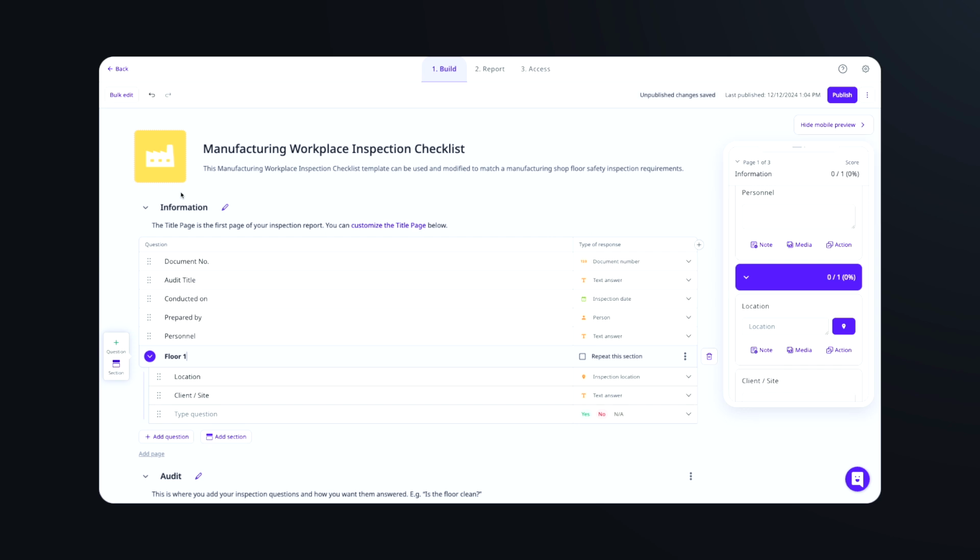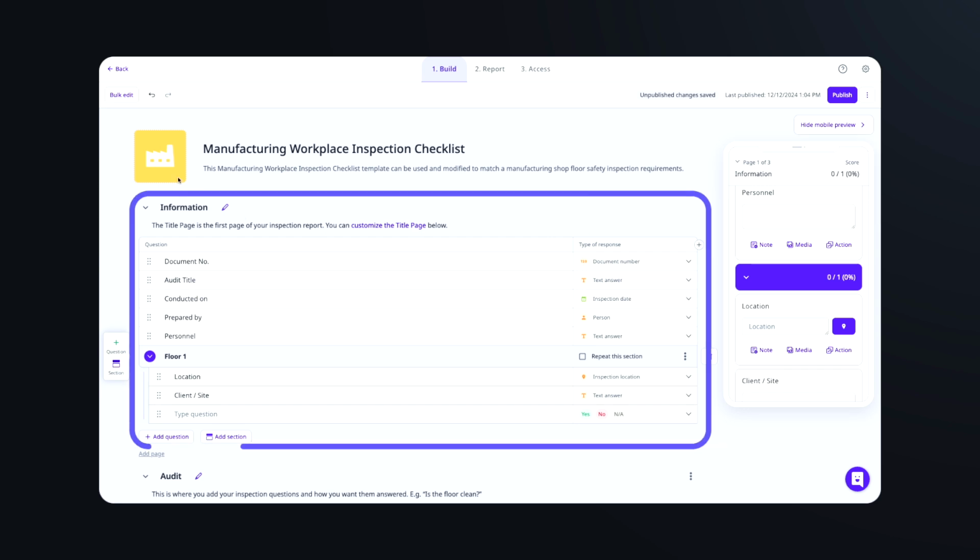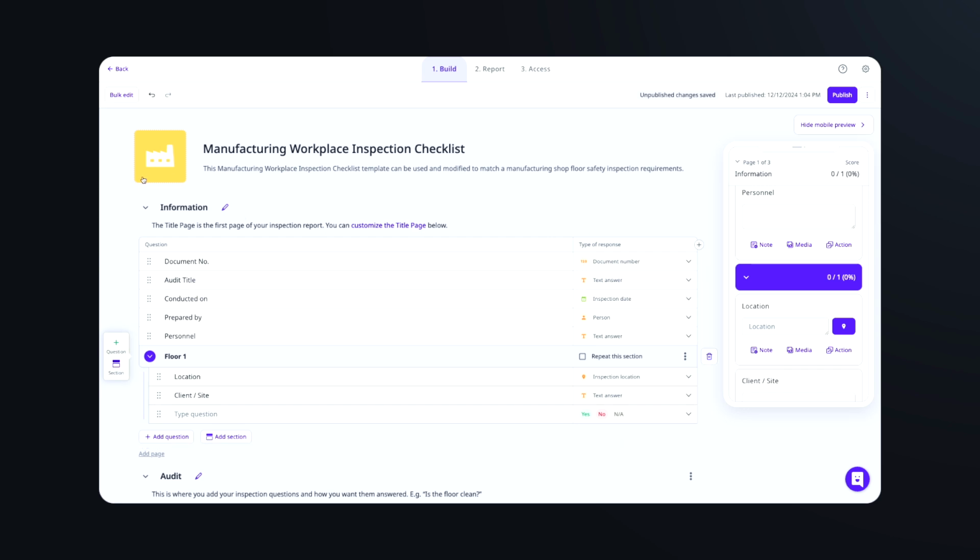So the next thing I want to highlight here is the title page, as we can see at the top. The title page is usually the first page you see on the screen, and it's a very important part of your template builder, because not only does it contain the relevant information you'll see on the front page of your completed report, but it also has any questions on the title page that will be available to be selected for the inspection title. In practicality, you can use the title page to customize your file names, and once you sort and even download completed inspection reports.